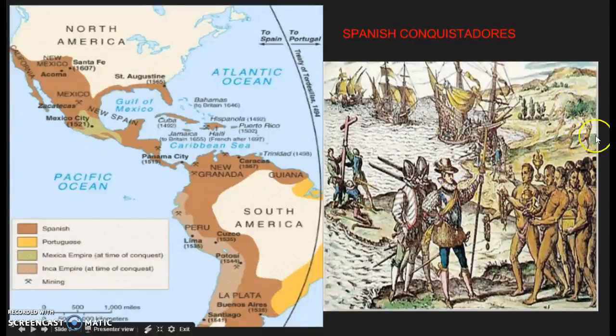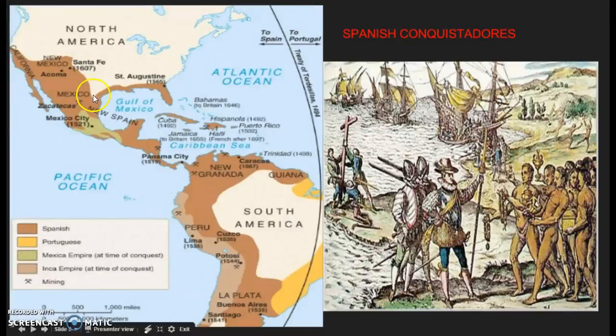And they even show in the background the native peoples running in fear at who these new people are, with weapons they had never seen and dogs they had never seen. And of course, when the diseases start to take hold, the question becomes, are these people gods? Who are these people? So as time goes on, you can see the massive conquest.